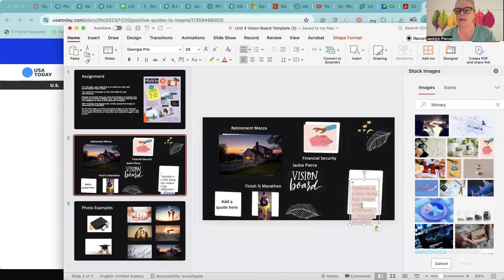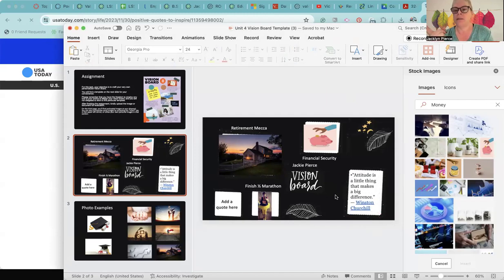Now, again, this is a little bit large, so I'm gonna make it smaller. Actually, it might fit. Yeah, it fits. I just need to move it up. There we go. So you want to have the quote and you want to have who said it. So all I did was copy and paste it. Attitude is a little thing that makes a big difference. Okay. So that relates to my goal of maintaining a positive attitude.